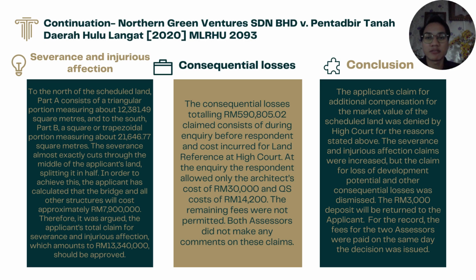In order to achieve this, the applicant has calculated that the bridge and all other structures will cost approximately 7,900,000 ringgit. Therefore, it was argued that the applicant's total claim for severance and injurious affection, which amounts to 13,340,000 ringgit, should be approved. Next, for the consequential losses. The consequential losses totaling